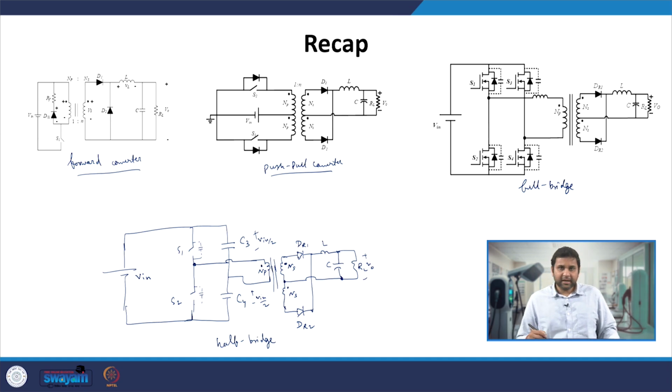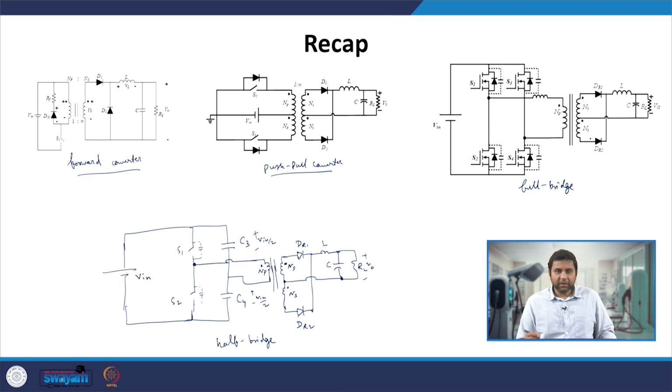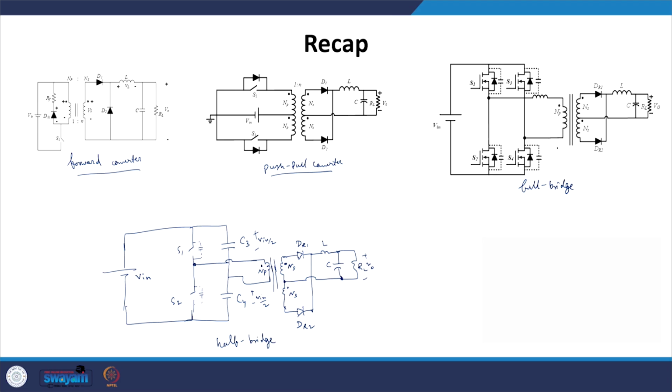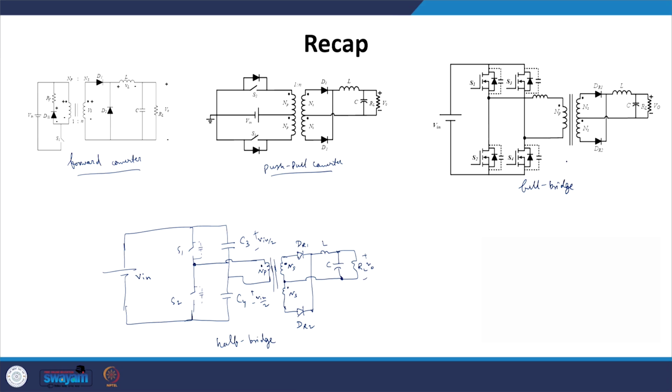Before starting that, we have seen that we are converting the DC into high frequency AC, and that is applied across one of the transformer windings, and accordingly voltage gets induced on the secondary windings, and then it gets rectified and applied to the load. Why did we go for a configuration where the transformer sees high frequency excitation? It's because with increase in frequency the requirement of the cross sectional area of the core is less, and that is when we can reduce the size and weight of our entire power converter. So that is one of the important factors.